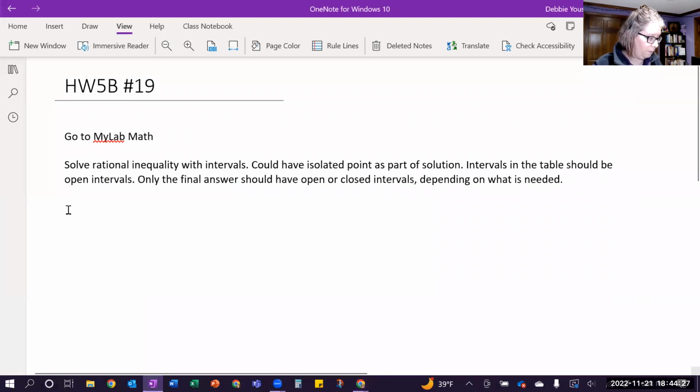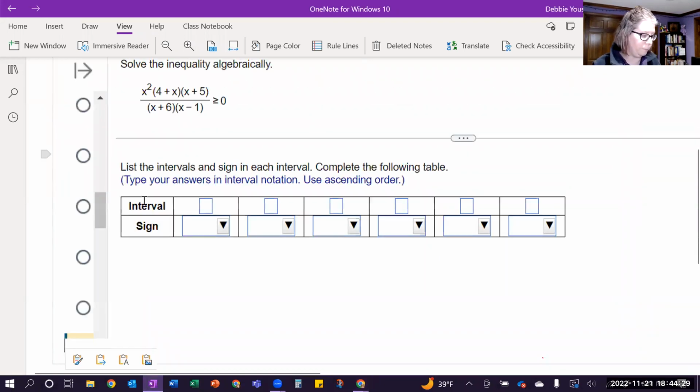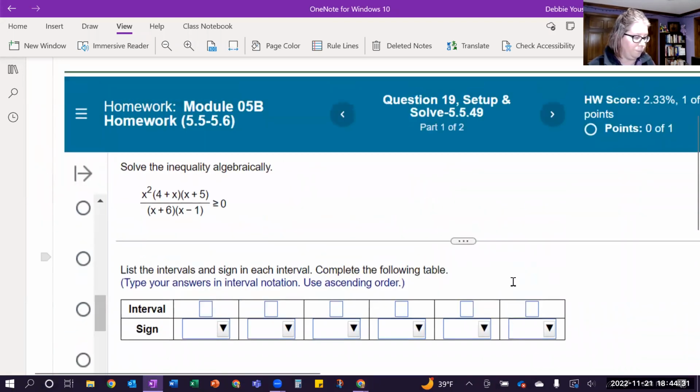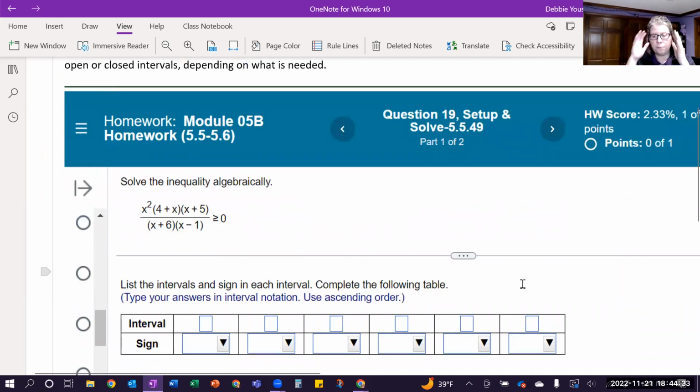And insert it over here. Okay. So this one, they did not provide a graph to us. So we want to talk about the same things, but algebraically without having to graph the whole thing. So this is a rational inequality. This would be quite extensive to actually graph it,